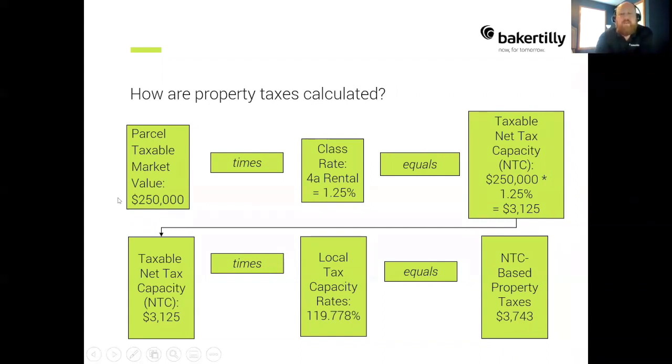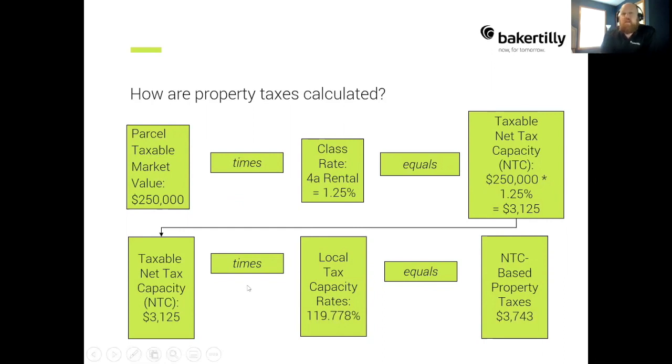The big thing to remember with Minnesota and property taxes is it's a two-step process. We take a market value and we convert it to what's known as a tax capacity based on the use of the property. And then we apply to that tax capacity the local tax rates, and that's where we end up with our local property tax amount. The big thing here is that the class rate used for this conversion from market value to tax capacity is defined by the use of the property. And the reason Minnesota does this is because it shifts a higher burden of the property taxes to commercial property and away from residential property.